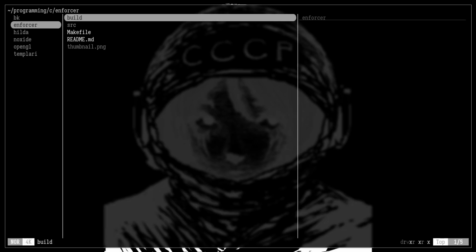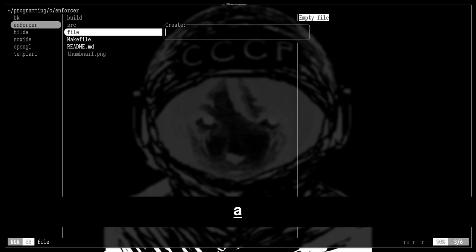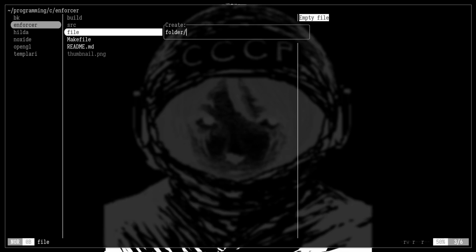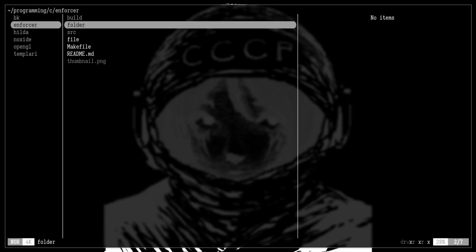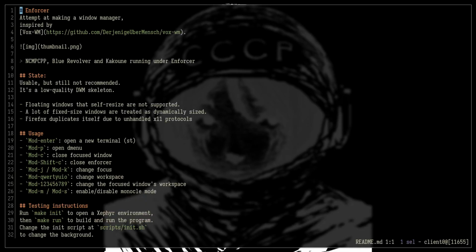Or let's say I want to have a traditional file picker. I can just run, I don't know, LF, Yazi, and they just work like a traditional file picker. Let's say I want to create a file here. I will just press A and say file. Or let's say I want to create a folder, and I will just press A and type folder with a trailing slash. Just this simply, I can create new files and open files, just like a traditional file picker, but better